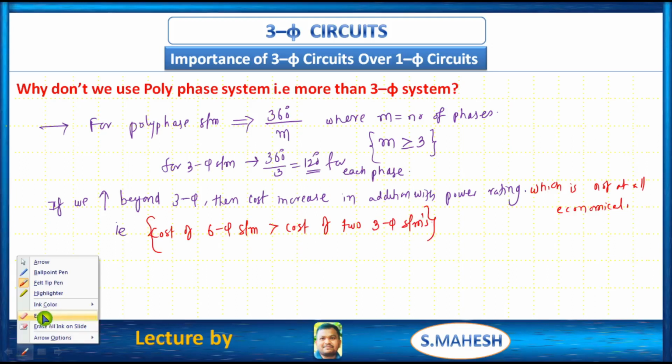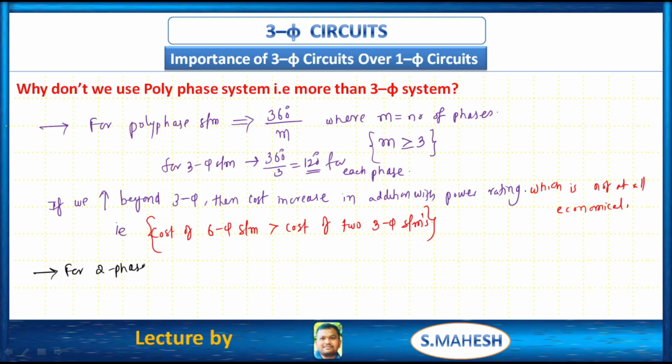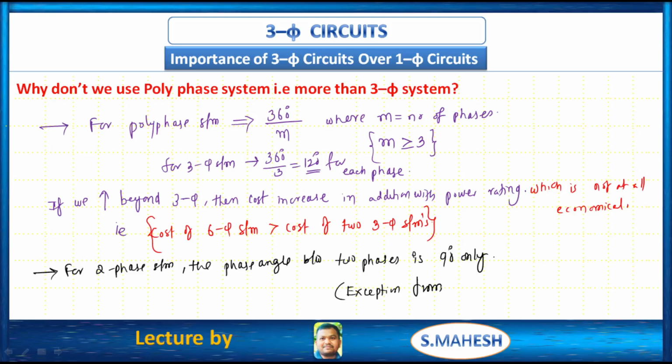We have an exception for the 2-phase system. The phase angle between the 2 phases is 90 degrees only. This is an exception from 360 by M. We will discuss in detail in electrical machines for this 2-phase analysis. Okay,